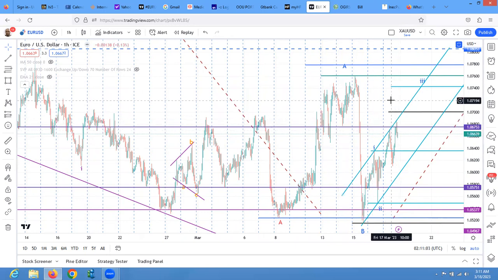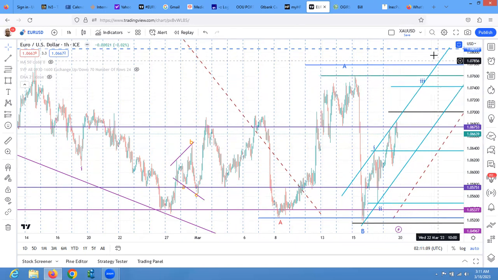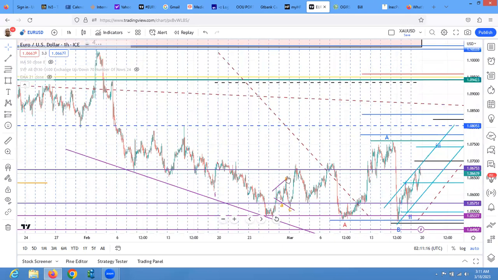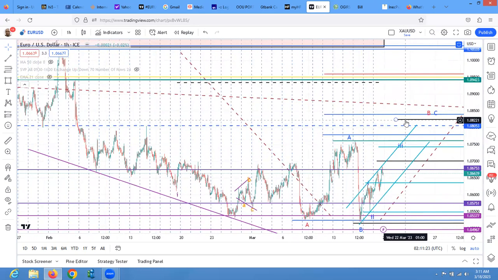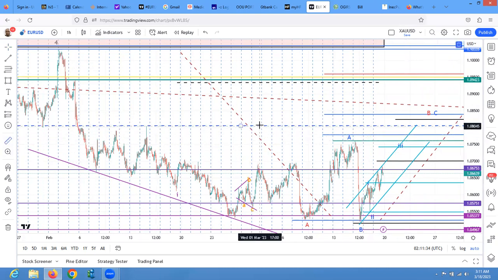Once we have a break of the channel to the upside, temporarily, we are going to 3 to finish 3 and back to 4 and 5. And where are we trying to get to? So the point we are trying to get to, like I said, it's around this area. So once price breaks this and breaks up any moment from here, between here and here, we should be looking for price to turn down. So that's what I think.